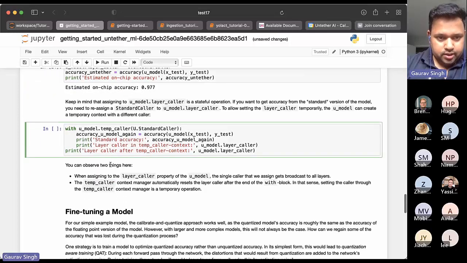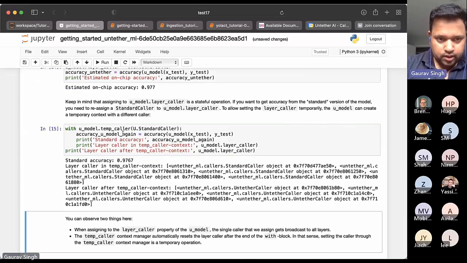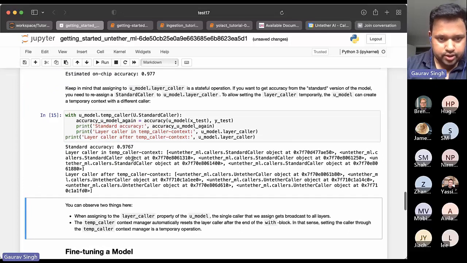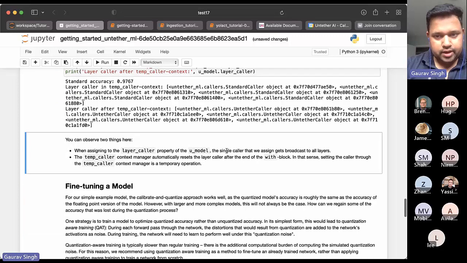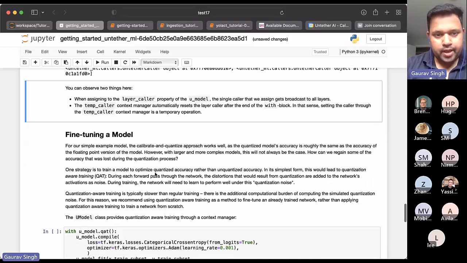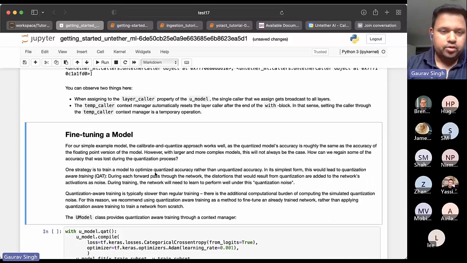And then we run the next cell. We got the standard accuracy. We got the layer caller. The single caller that we assigned got broadcast to all layers, and it has reset the layer caller. So it's all good. Now, in this case, we don't need to fine-tune a model because with a simple neural network, we're